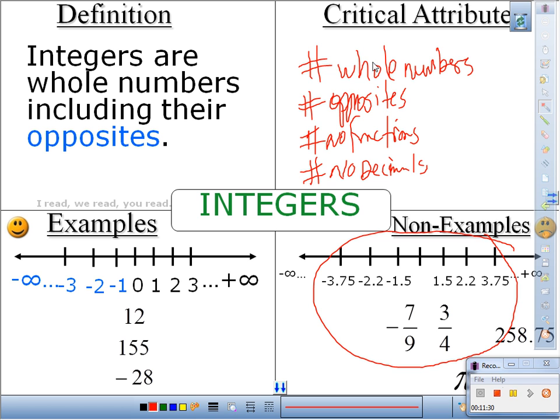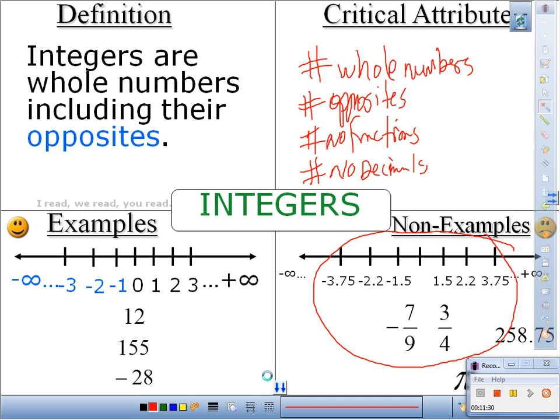So look at these 4 hashtags. Let's see if that clarifies what integers are. Are they whole numbers? Yeah. Are they opposites? Yeah. No fractions, no decimals. Yeah, so that's what critical attributes are, what makes the concept. Everybody understand? All right, now that we're done with our Frayer model, now I want us to start with a